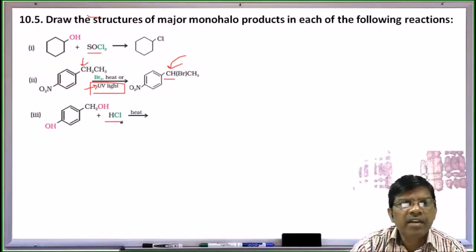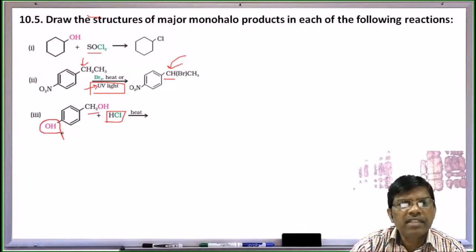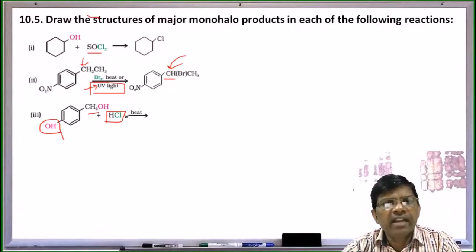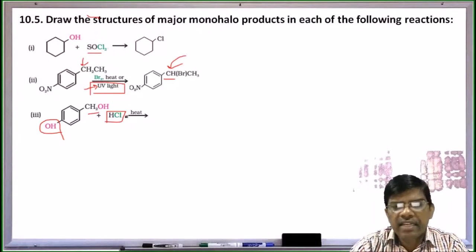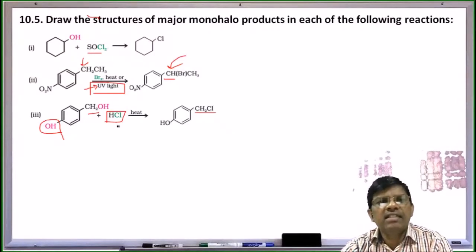Similarly, treatment of HCl with benzyl alcohol, and here you may come across this phenol. Is phenol going to be displaced with chlorine by simply treating with HCl? No. Phenols are intact to HCl acids, right? So it is going to give only benzyl chloride. It is not going to give this, the phenol is intact.